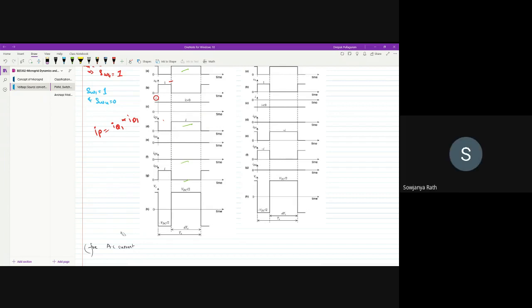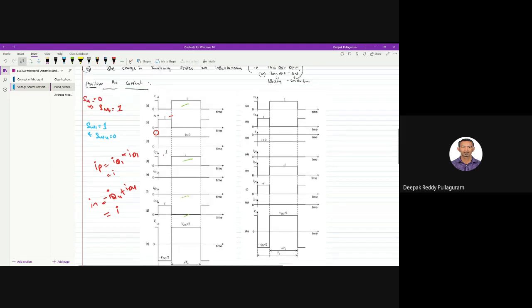Let's go with the same for the IN value here. During this state, what is the net current? IN I defined as the net current that is flowing through the switch. How do I define it? Minus IQ4 plus ID4. What happens to the ID here? Positive. So what is the net current here? I. Here also I. Let's go with negative current now. Let's see for negative current also. This was for positive current.